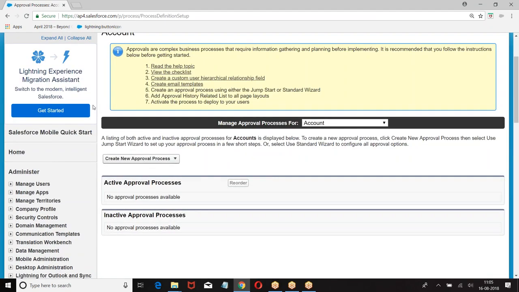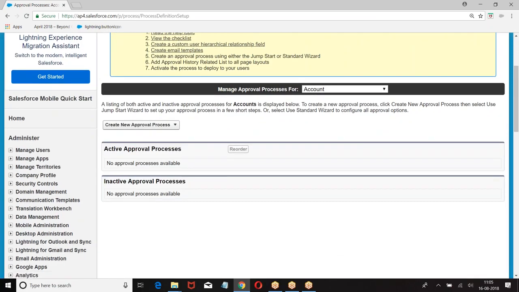Then there are two steps involved here. Choose the approval process. Approval process is of two types. One is Jumpstart Wizard. Second one is Standard Setup Wizard. What is this Jumpstart Wizard?